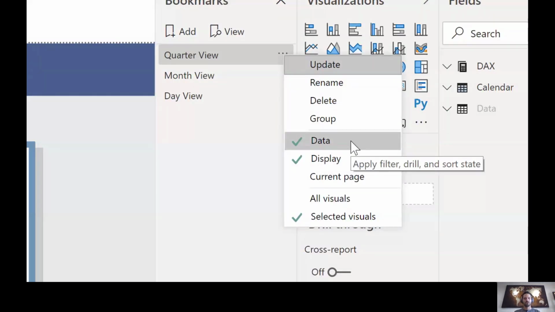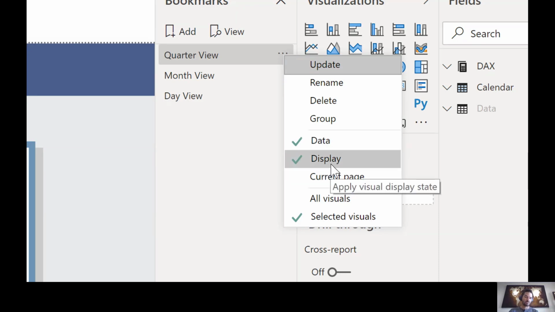So it's basically what filters, what sort states, and it says drill in here. I wish it would also mention hierarchy, because when I think of drill, I think of drilling in and filtering, but it actually captures the hierarchy levels. So it is actually one of the things that is captured as part of this state. And then display, obviously, or maybe less obviously, is whether or not it's showing,